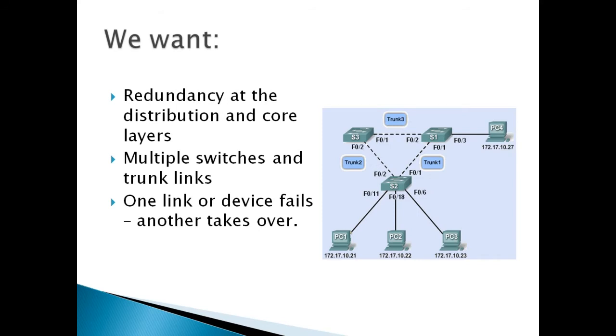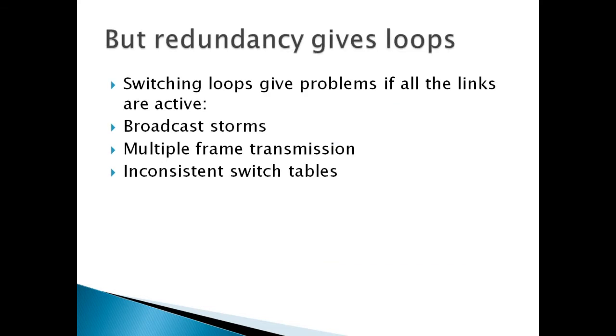What we want: redundancy at the distribution and core layers. Multiple switches and trunk links. If one link or device fails, another takes over. But redundancy gives loops. Switching loops give problems if all the links are active: broadcast storms, multiple frame transmission,